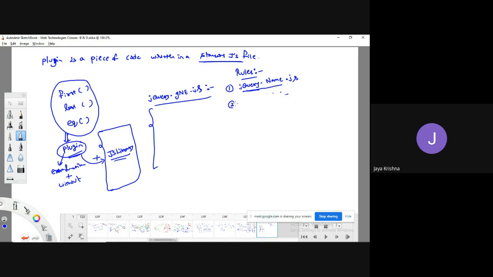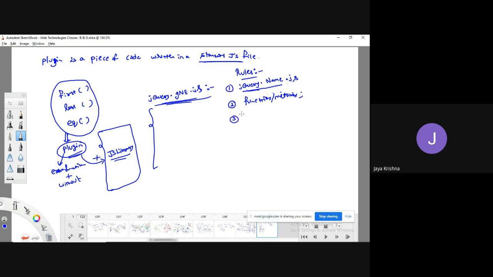Whatever methods or functions we use in this plugin must end with a semicolon.